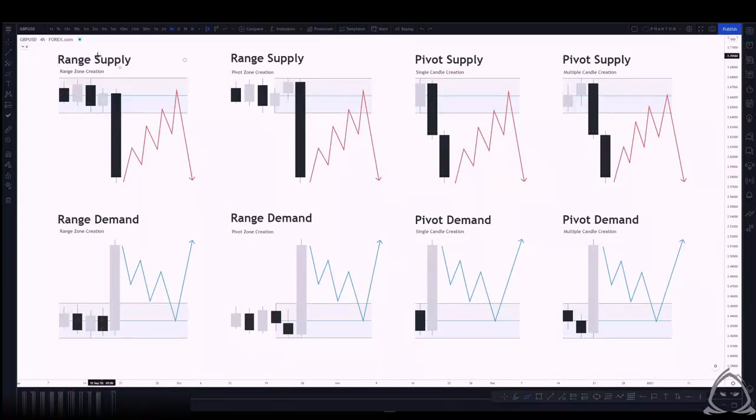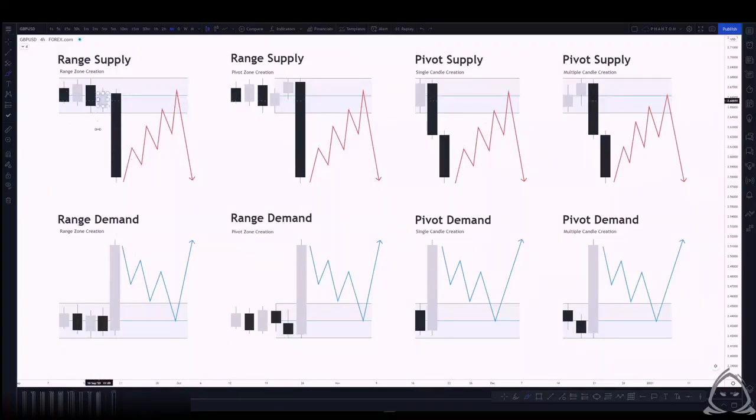So when we're looking at range created supply, for example, we have a sideways range in price. We can see that price is clearly moving sideways. And as a result, we're able to draw our supply zone using the highest high and lowest low that builds that range. In this example, it ends up being one candle that creates the entire range, but as we can see, price is more or less trapped within that range before it moves to the downside. And then what we do is patiently wait for price to return back to that supply zone to look for a sell entry.